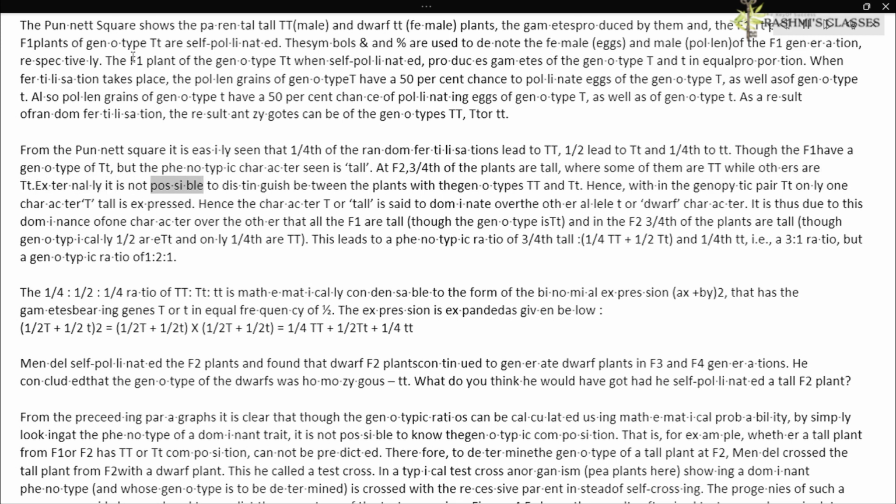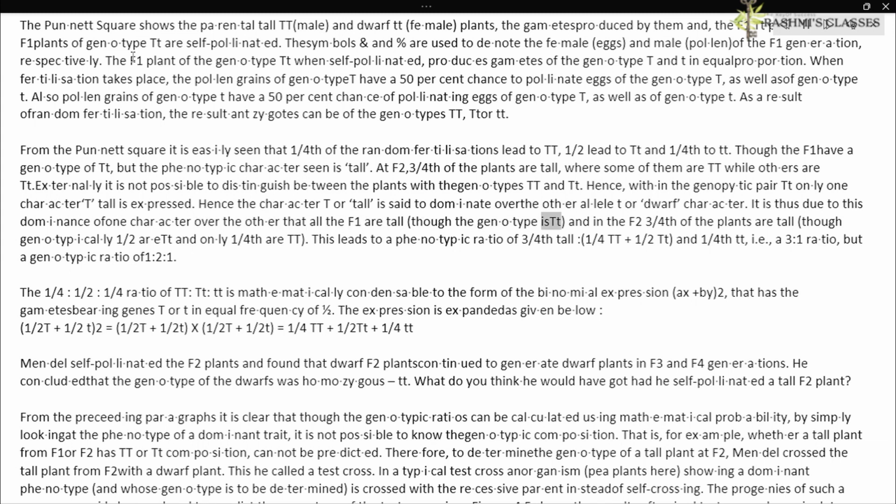Externally it is not possible to distinguish between the plants with the genotypes TT and Tt. Hence, within the genotypic pair Tt only one character, T, tall, is expressed. Hence the character T, or tall, is said to dominate over the other allele t, or dwarf character. It is thus due to this dominance of one character over the other that all the F1 are tall, though